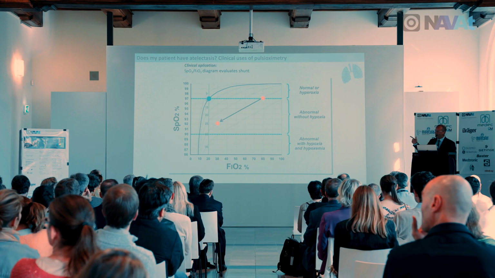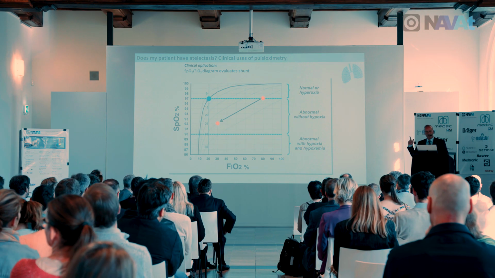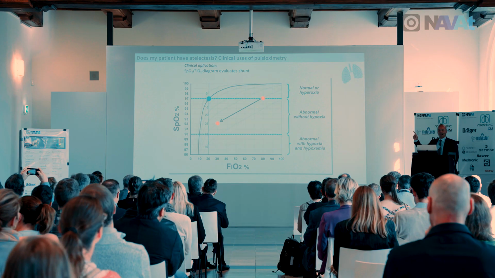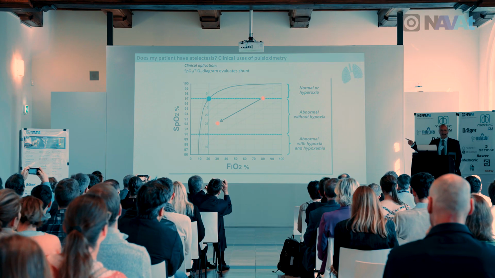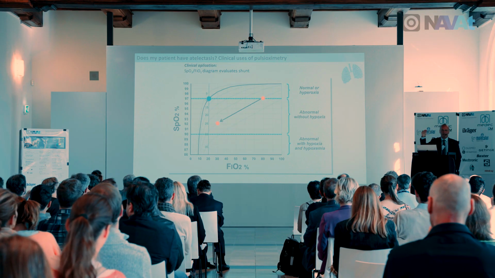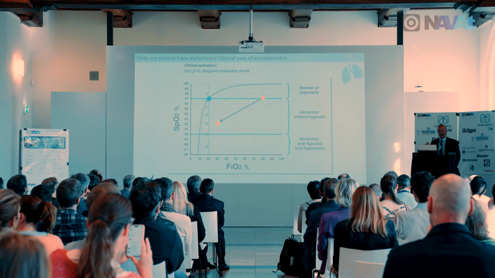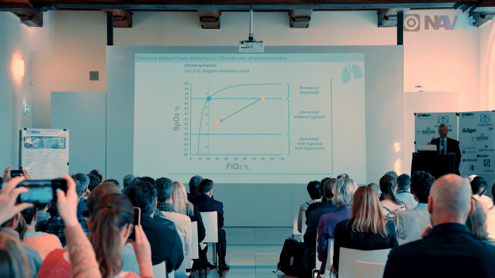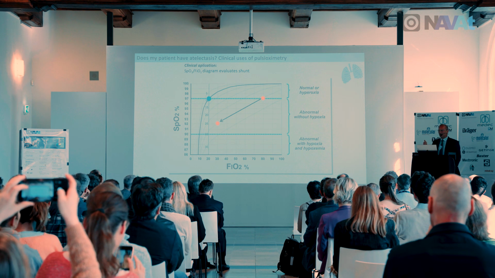So if we reduce the FiO2, this is what we call the air test, we can measure the percentage of shunt of our patient. If it's over 10%, which means an SpO2 below 96, 97%, this patient has shunt,